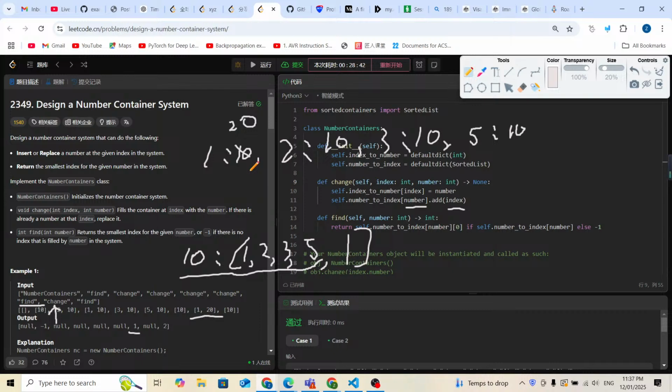Because for this index 1, the value for this 10 has been updated to 20. So this means inside this 10, basically I should not have the index 1. If I were to find this 10, basically I should not find this 1. Instead of 1, I need to find this index 2, because currently I don't have this index 1 because this value has been updated to 20. So for example, for this value 20 array,